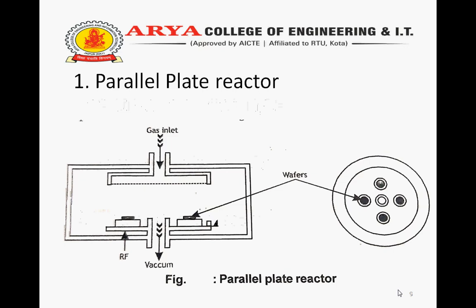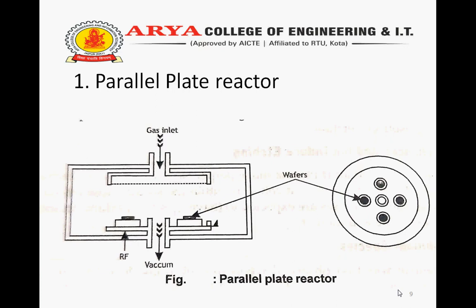First is the parallel plate reactor. The plasma must contact the chamber wall. As the pressure increases, plasma space and hence plasma loses contact with the wall. The parallel plate reactor is shown in the figure. RIE is done at low plasma pressure where the mean free path in the plasma is at least of the order of a millimeter. So in this region there is good contact between plasma and walls. This results in a large potential difference between plasma and power electrode.